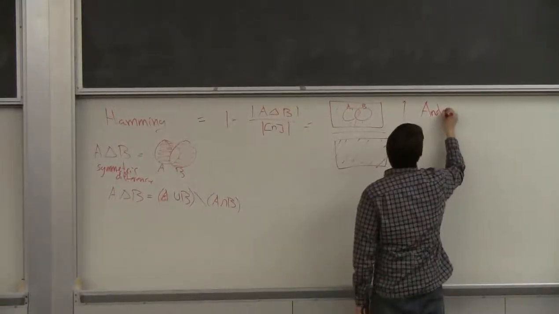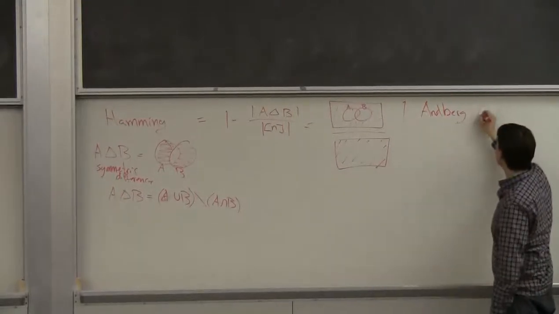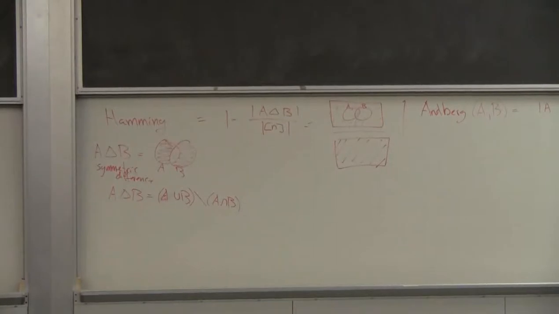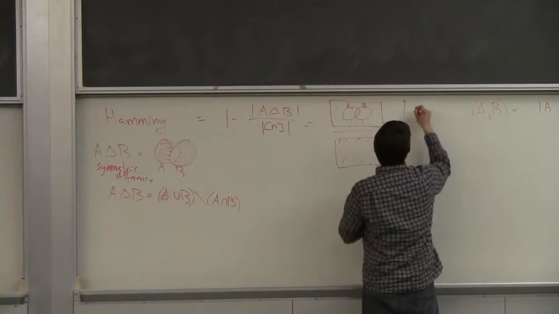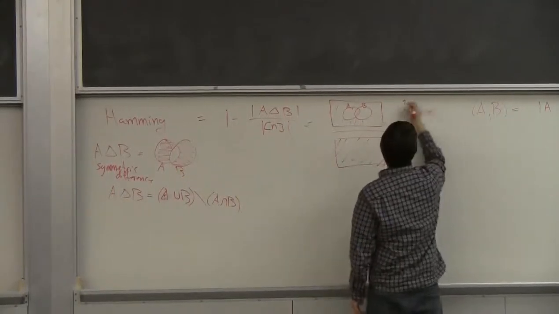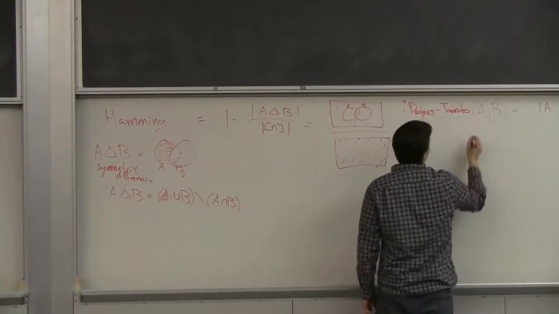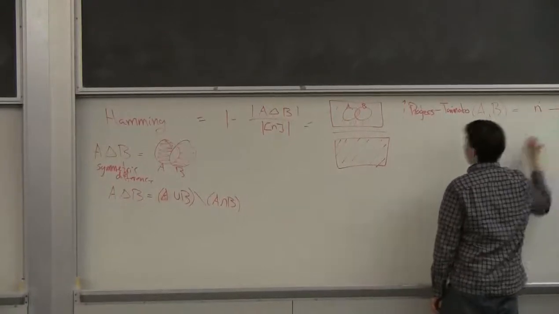So let's, so the Rogers-Tanimoto similarity is going to be n minus